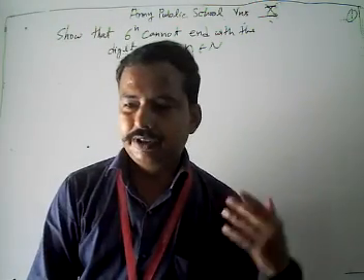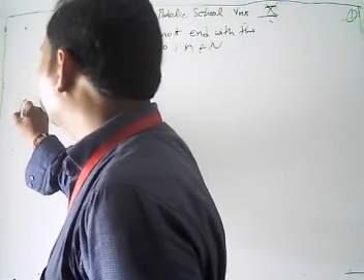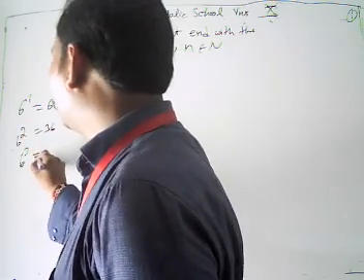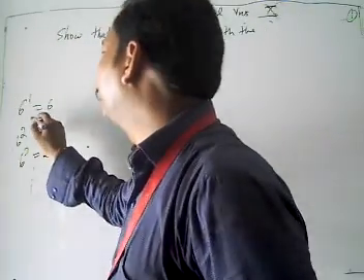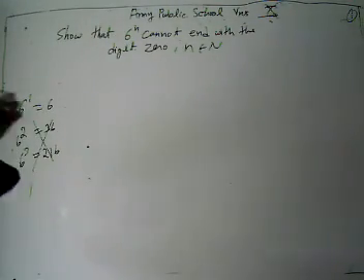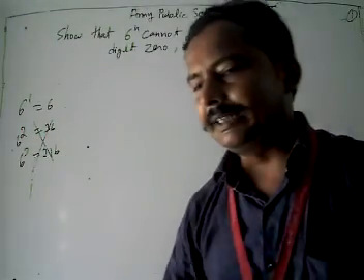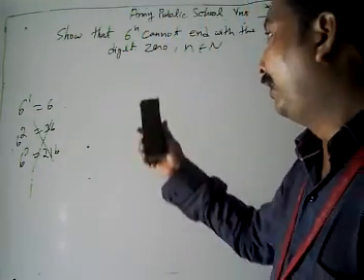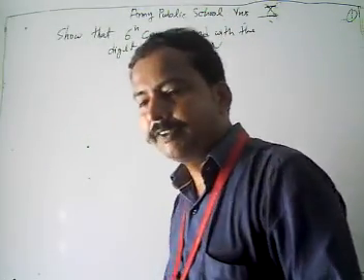To show it in a general way, I could take particular values of n. This means 6 to the power 1 is 6, 6 to the power 2 is 36, 6 to the power 3 is 216, and so on. But this is not the correct way to solve it at your 10th level, because that method is applicable at the level of class 7th and 8th. At the level of class 10th, I told you, this problem belongs to the fundamental theorem of arithmetic, so we have to use the fundamental theorem of arithmetic.